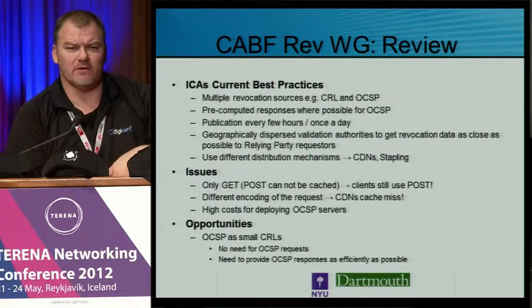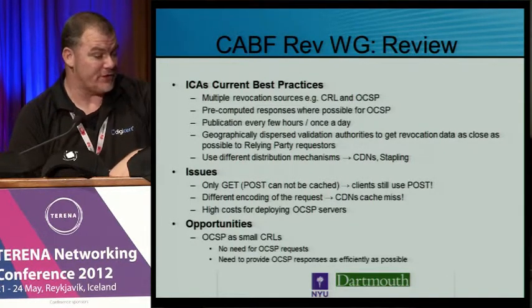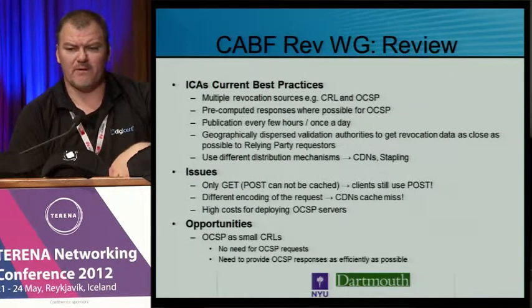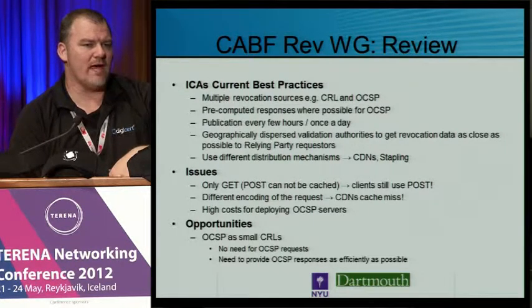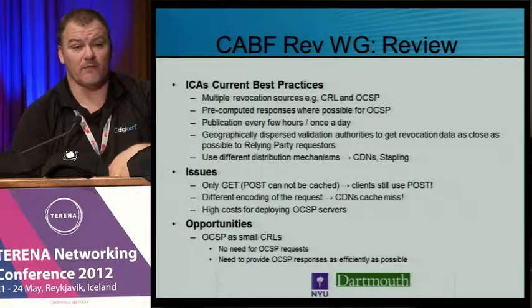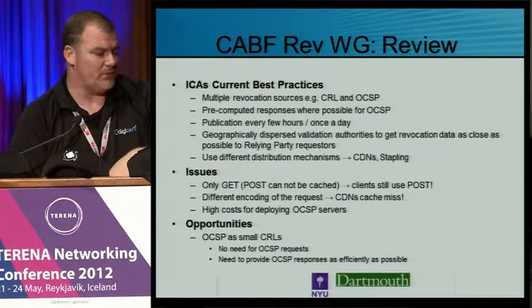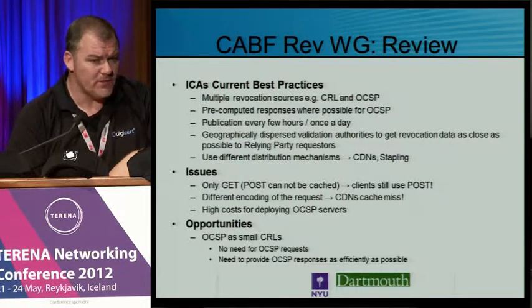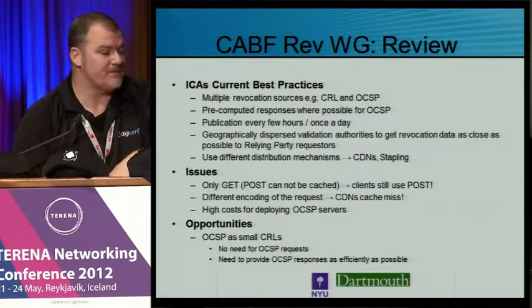Having multiple sources of revocation status data, whether that be CRL or OCSP, and multiple versions of that. Pre-computing responses for OCSP is a best practice, and publishing them every few hours or a day at most. Having geographically dispersed points that folks can pull from, the idea being you get the revocation status provision service as close as possible to the person who is trying to pull that data. And perhaps looking at different mechanisms for distributing that revocation data, whether that is over content distribution networks or